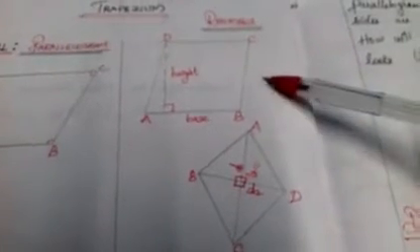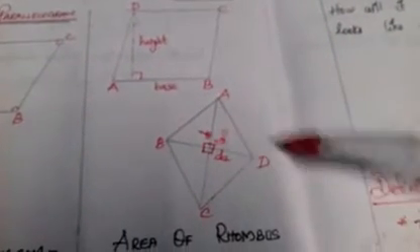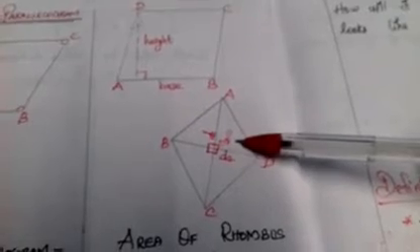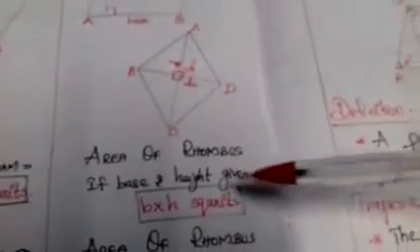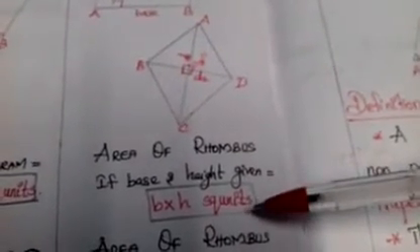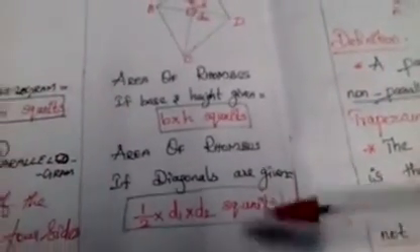In the same way, the next shape, rhombus. This also we learnt in the last class. In a rhombus, all the sides are equal, opposite sides are parallel, and opposite angles are also equal. Base and height can be given, and in another rhombus, the two diagonals bisect each other at 90 degrees, that is, right angles. So the area of the rhombus, if base and height are given, what is the formula? Base into height square units. Area of the rhombus, if diagonals are given, half into d1 into d2 square units.